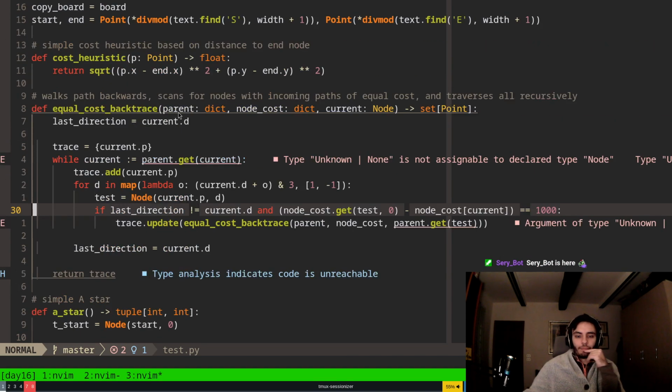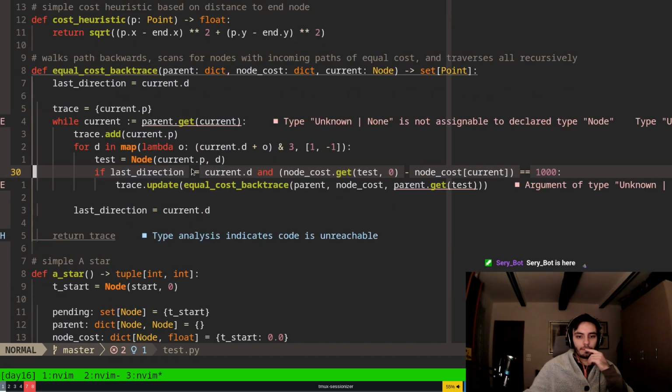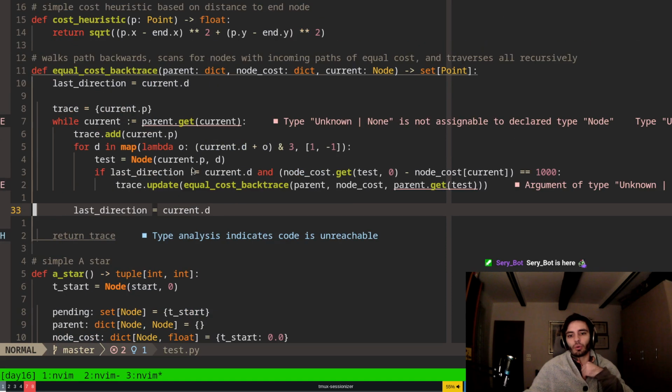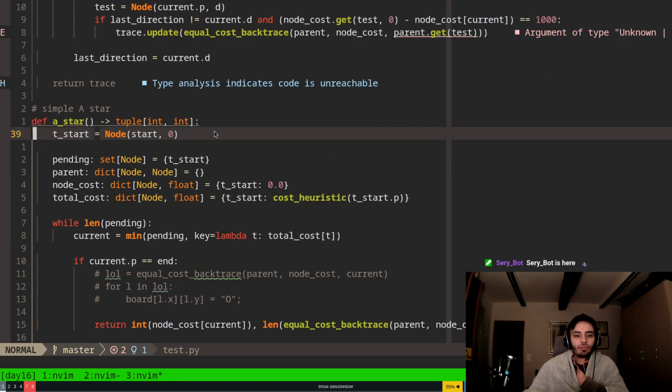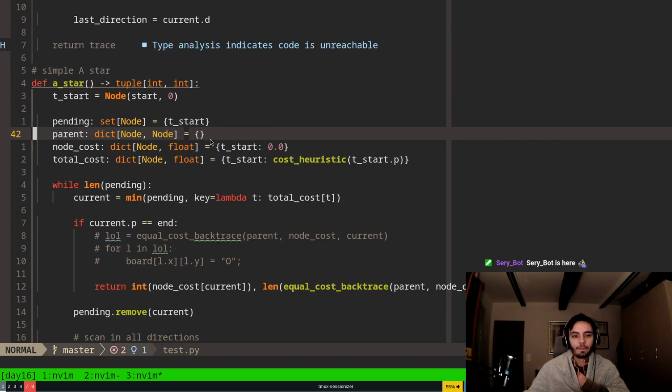Okay, so he did the backtrace way. Which is basically kind of like what this is. Okay, so his A star actually works over here,